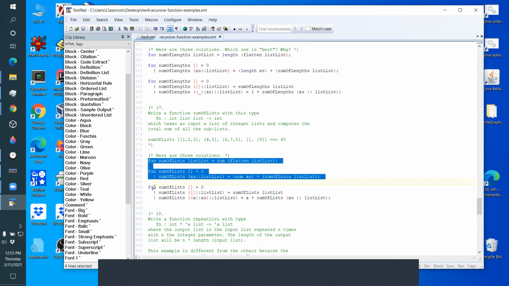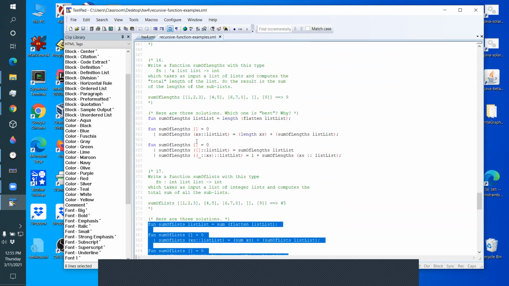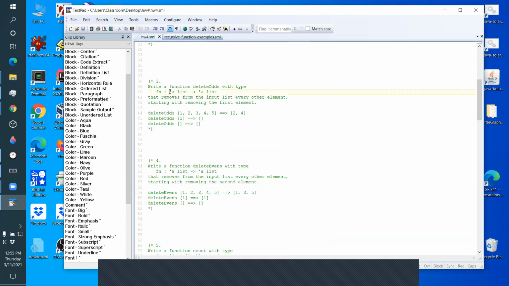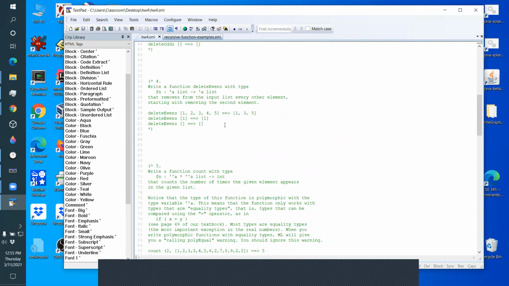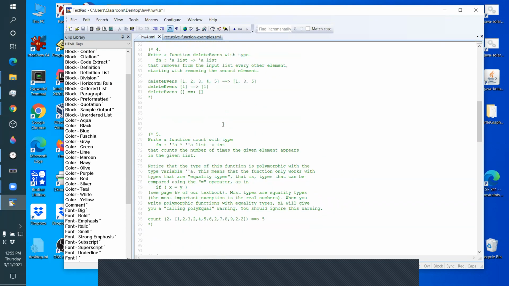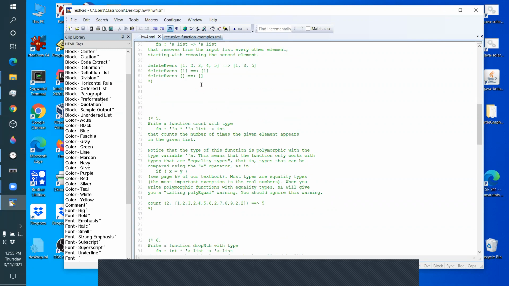Oh, these are 3 different ways of solving the same thing. So this is 3 different solutions to a problem. Okay, so actually a lot of them are only 2 or 3 lines of code. The same thing is true over here. Most of your answers here are 2 or 3 lines of code. I think there are only maybe 2 of them that need more than 3 lines of code. Out of the 12, there may be only 1 or 2 that need more than 3 lines. Doesn't mean that 3 lines of code are easy. You really have to think. But